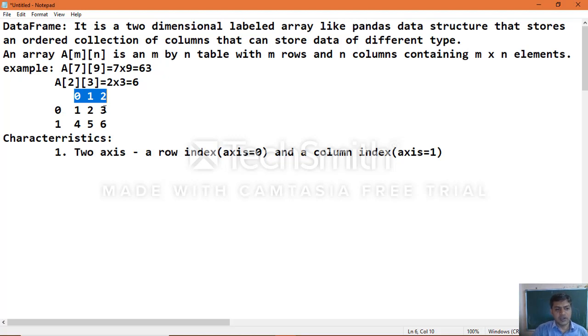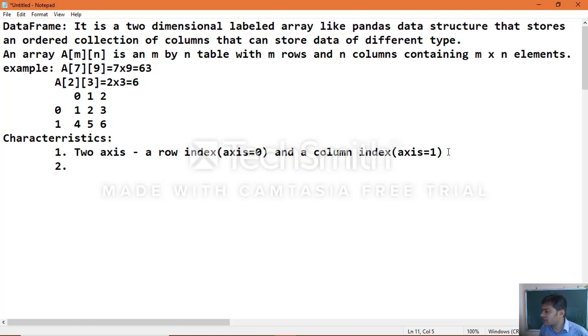So 2 into 3, total 6 elements, with 2 axes: axis equal to 0 is rows, and axis equal to 1 is columns. This is one of the main topmost characteristics of a data frame.